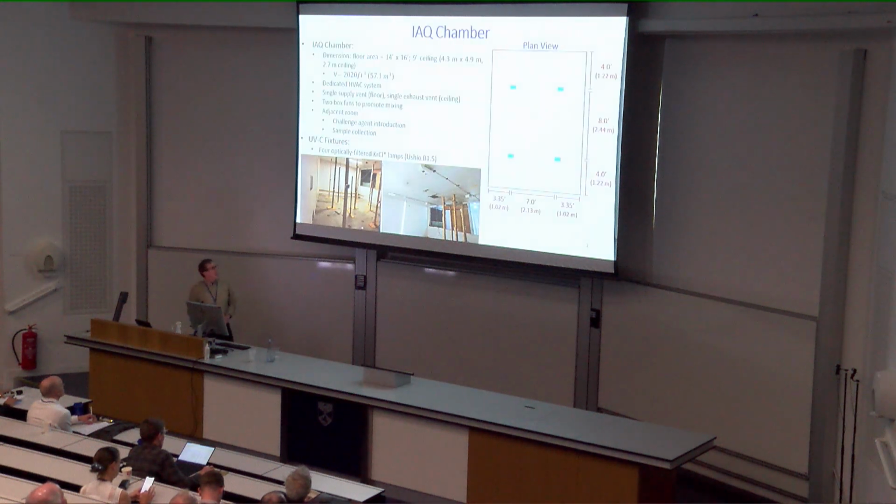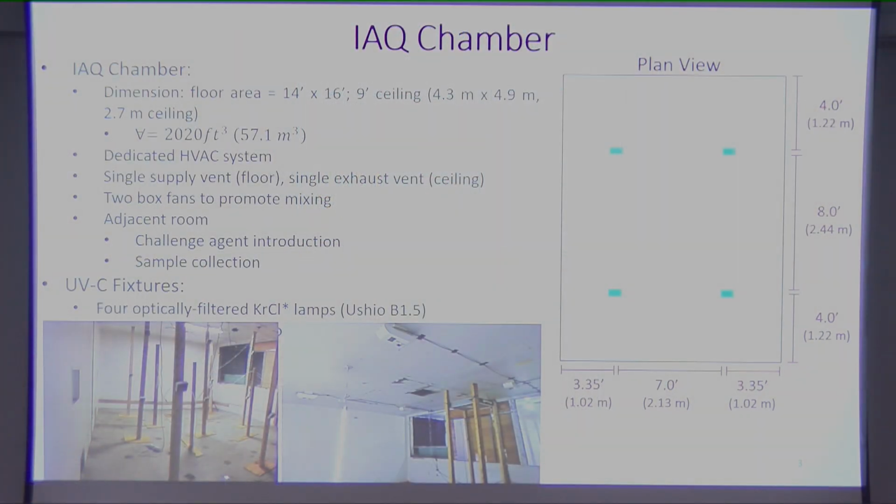All right, so here is the IAQ chamber. Its dimensions are listed here. It's got a volume of about 57 cubic meters. It has a dedicated HVAC system, so there's a single inlet and a single outlet. The inlet is along the floor, the outlet is in the ceiling. We used 2 box fans in this room to promote mixing, and I'll come back to that in a few